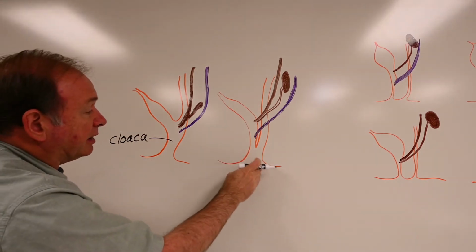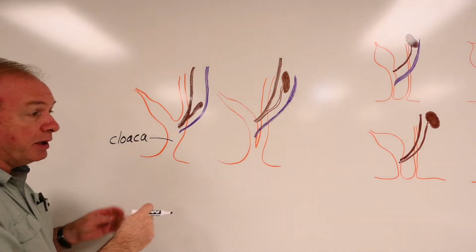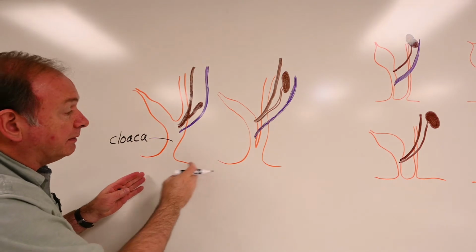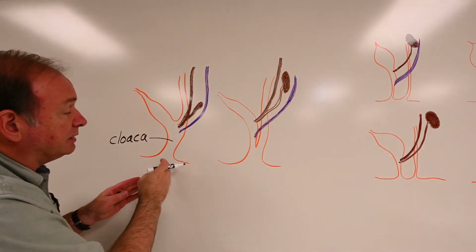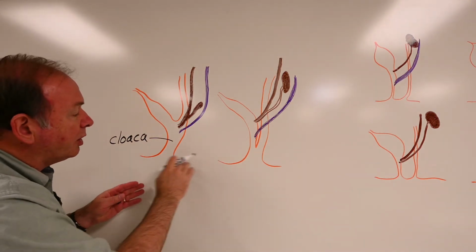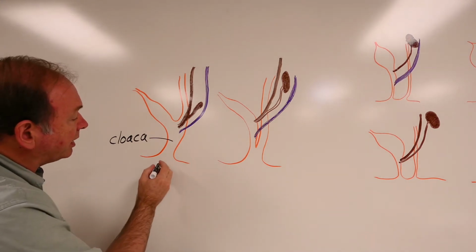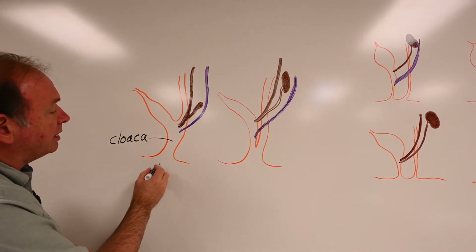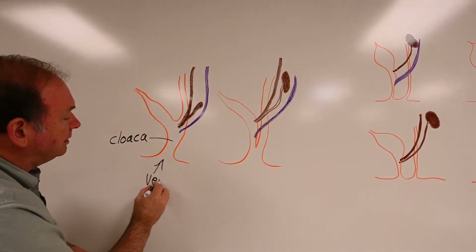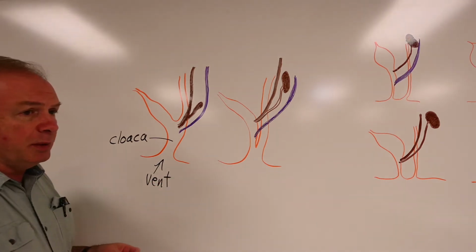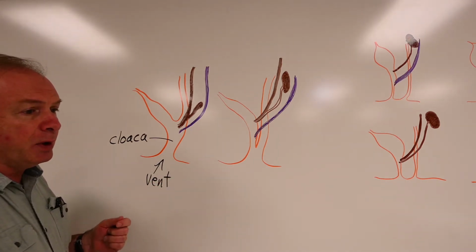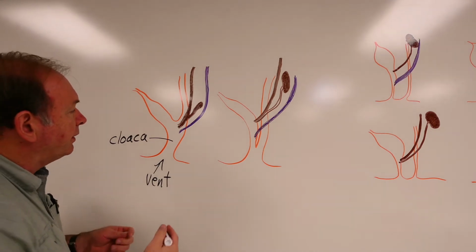Now, when there's a single opening to the outside where you don't have the different digestive, urinary, reproductive tubes opening in separate places, we can refer to this common opening right here as the vent. Sometimes it's given other names, cloacal aperture and some other things. But anyway,